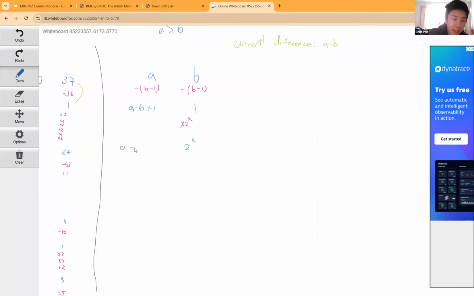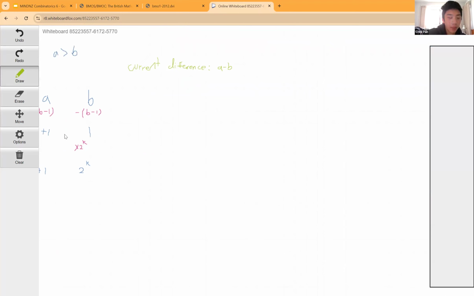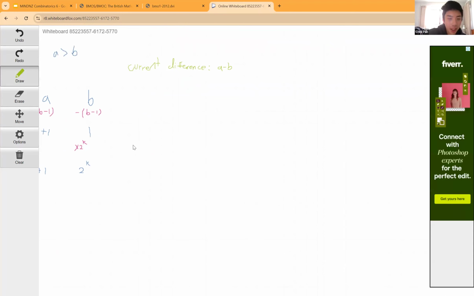Okay, so what is this k that we're multiplying by? Remember, we're only multiplying by 2 up until the first time that we get bigger than the other number. In other words, 2 to the power of k is the smallest power of 2 that is bigger than a minus b plus 1. So if I try to notate that on the side, we have that